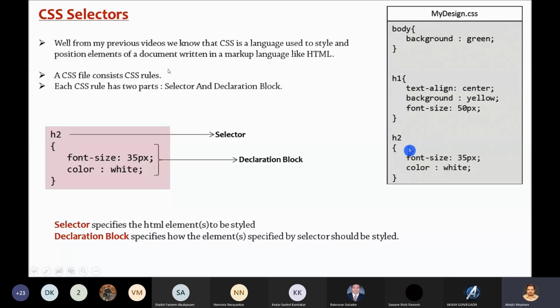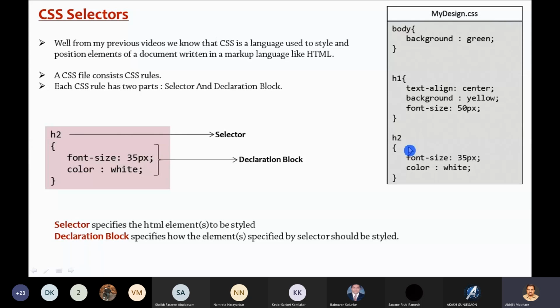So this CSS record or rule has 2 parts. First, the CSS selector, and the second one is the declaration block. The declaration block is enclosed within the opening and closing curly bracket. The way we write our structures in C language, the syntax is very much similar to that, so you will understand it very easily. So this is the example of a CSS record or CSS rule.